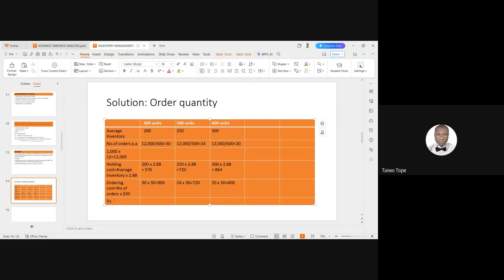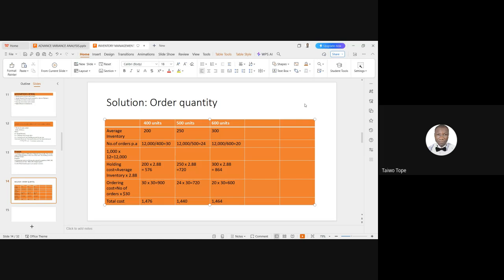So your total cost will now be what? When it is 400 units, it's 1,476. And when it is 500 units, the total cost will be what? 1,440. And when it is 600 units, your total cost will be what? 1,464. Now, if you are to, as a financial manager,